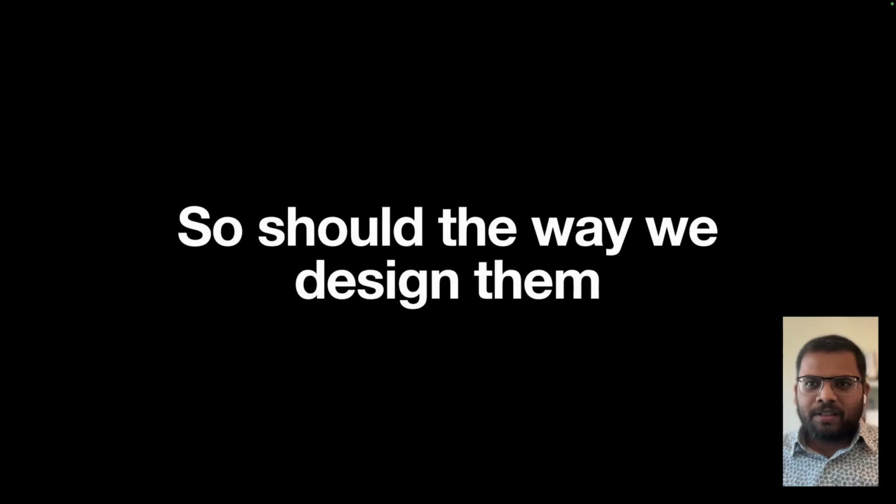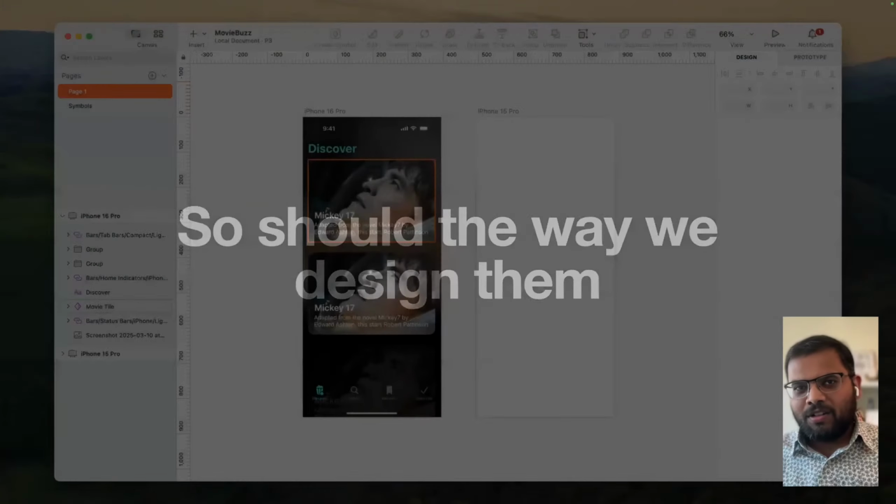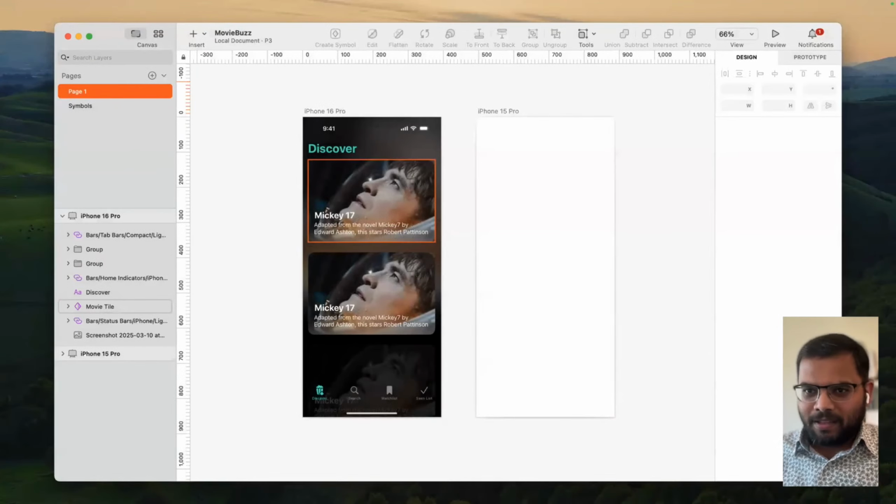the way we design apps right now is still very much this, right? Every design tool looks like this. It starts with an iPhone app. This is what it looks like. You design for the iPhone screen, and then you build out all of those different extensions.